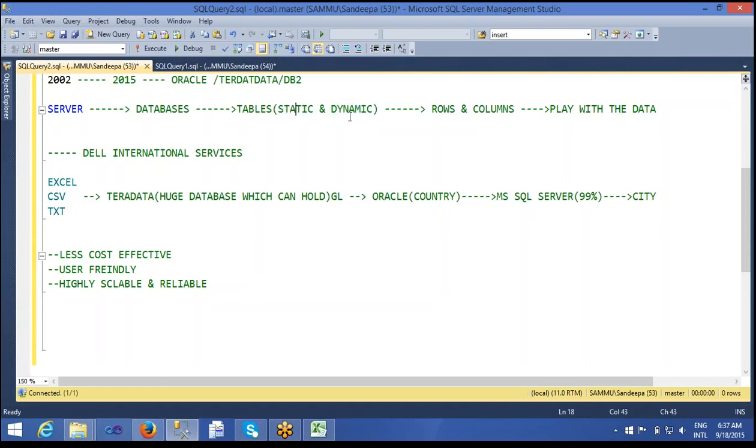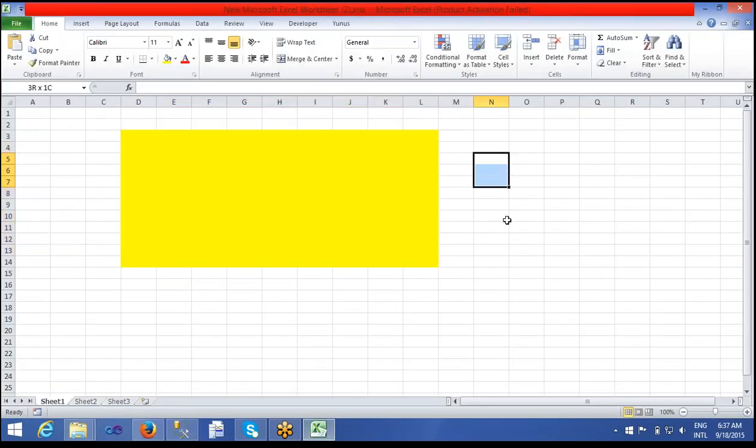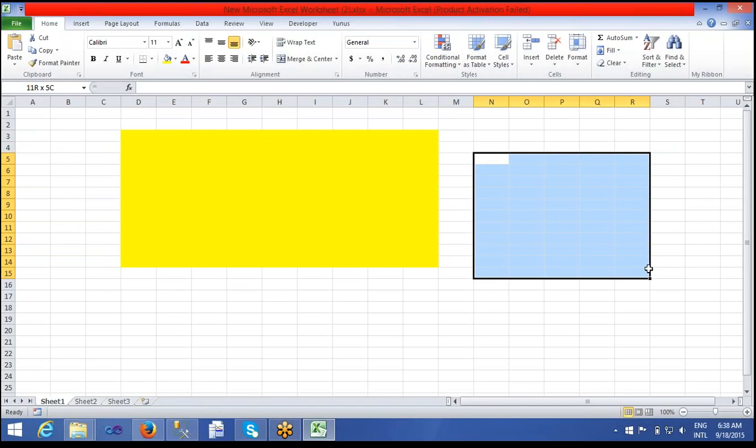What is a static table, what is a dynamic table, why we use them, what is the necessity of the tables, and why we use MS SQL Server at a higher level. I will clarify those in my sessions. MS SQL Server plays a very important role in organizations. People who know MS SQL are in high demand in the market, because the data sits in the backend, so we have to work on all of this at a higher level, not only at a small level.